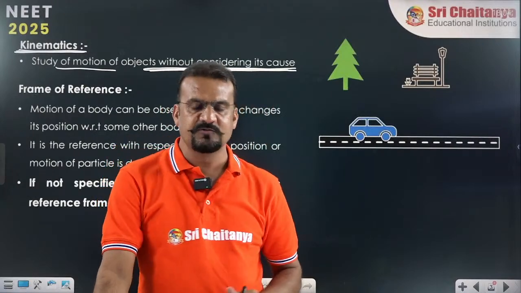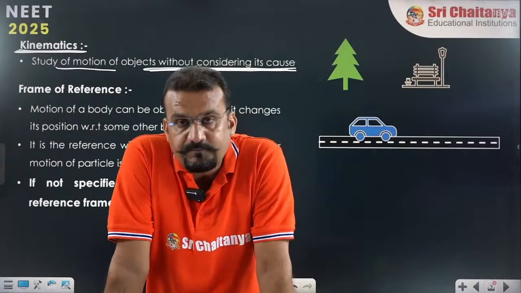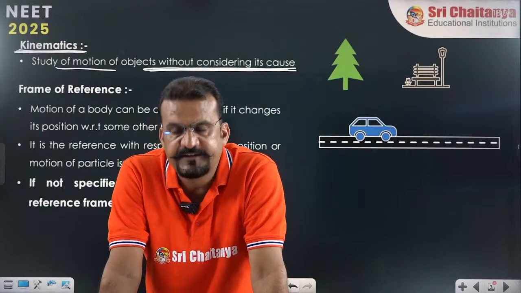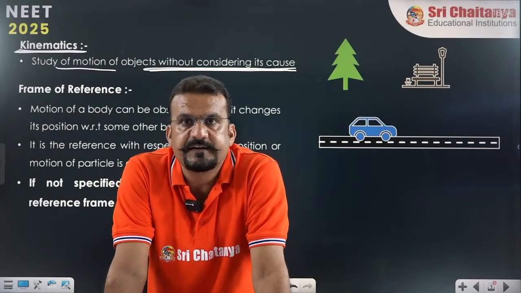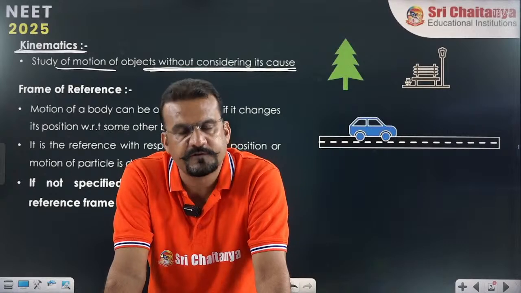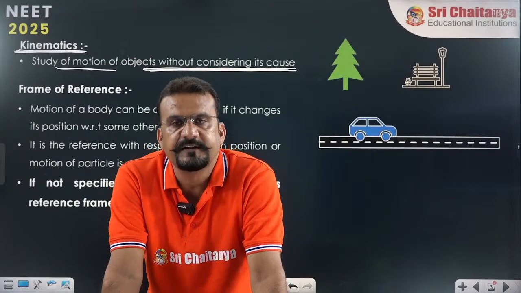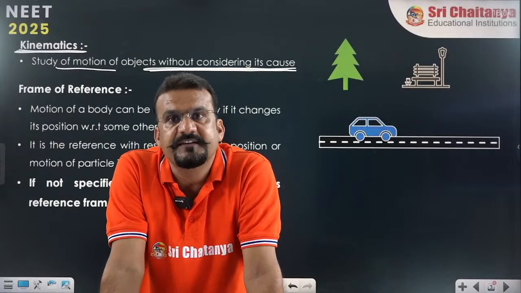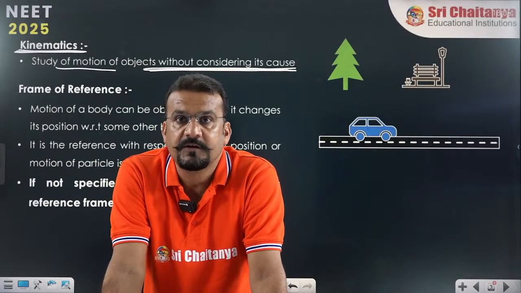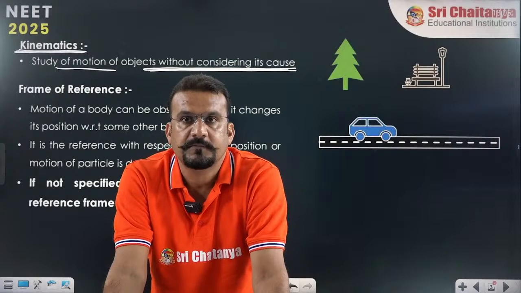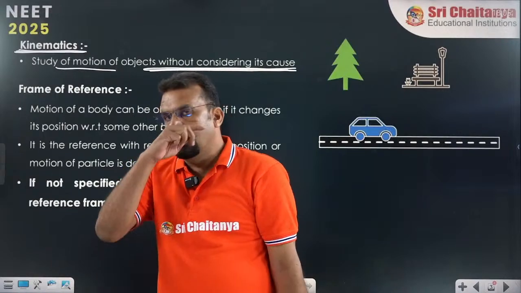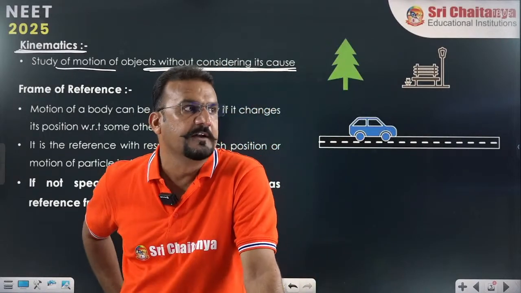Let us take one example so that you can understand it properly. Let us assume you and your friend are traveling in two separate trains. If the two trains are moving parallel with the same speed in the same direction, and you observe each other, what is going to happen? We think that both are at rest, we do not feel that the trains are moving. But if a third friend who is standing on the ground observes, he feels that both of you are moving. Are you getting my point?